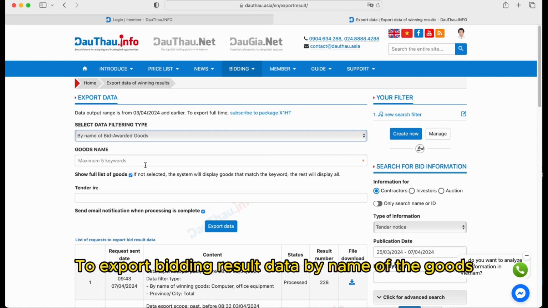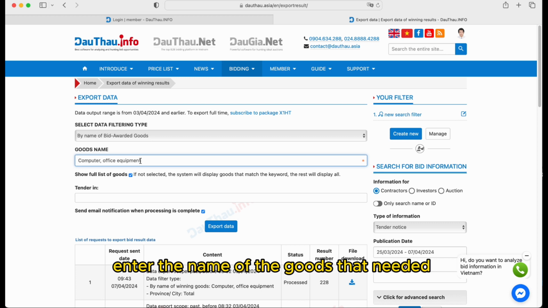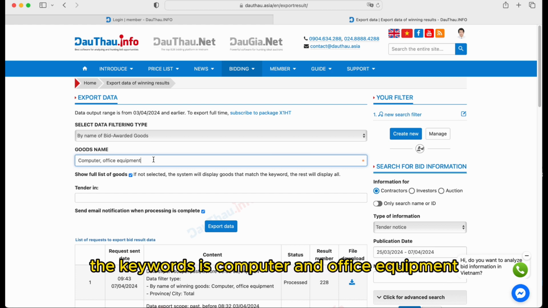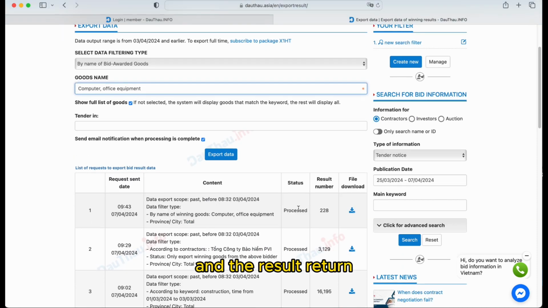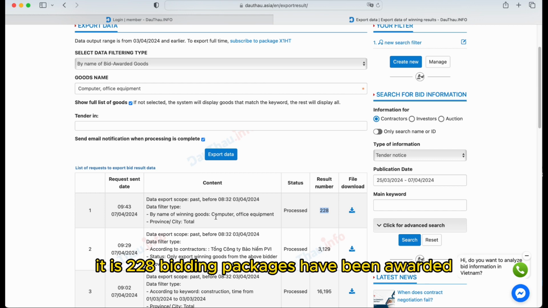Next is exporting bidding result data by the name of bid awarded goods. To export bidding result data by name of the goods, enter the name of the goods needed for data export, up to 5 keywords. For instance, the keywords are computer and office equipment in Da Nang City, and the result returned is 228 bidding